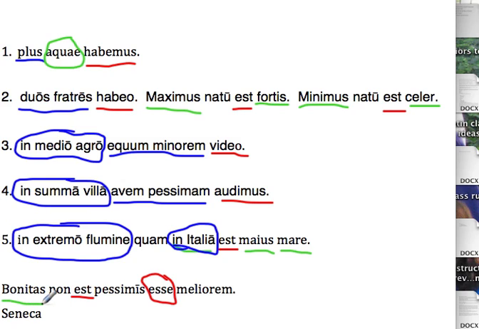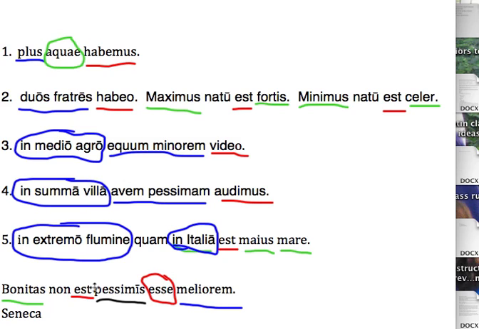Seneca, by the way, is a famous tutor, really. He does a lot of things. He was a philosopher, he wrote plays, etc. But he was perhaps most famous for being the tutor of the Emperor Nero. And you've probably heard of Nero before, and you're probably aware that Nero went a little bit crazy. Well, he did most of his going crazy after he fired Seneca. Okay, so Seneca for a while kept the guy kind of sane. Alright, so black underline, by the way, people, is for ablative.